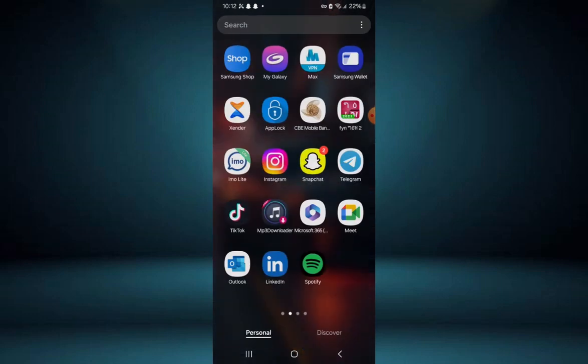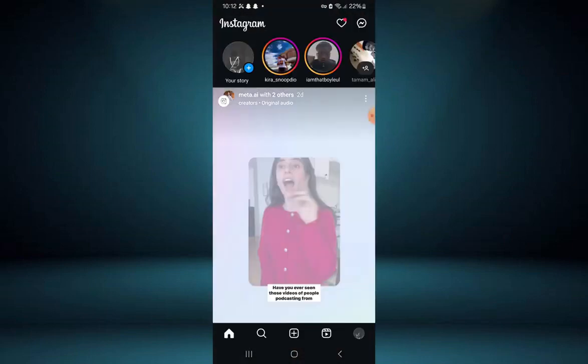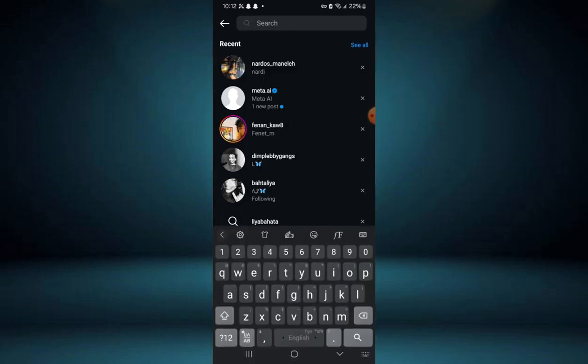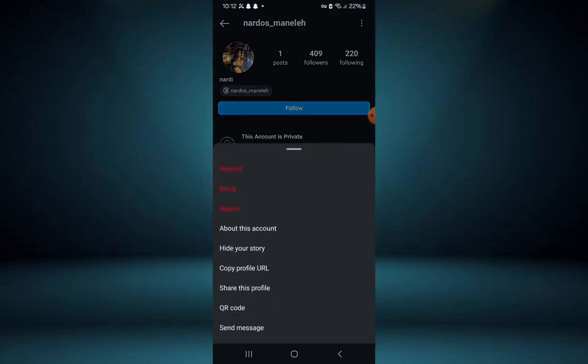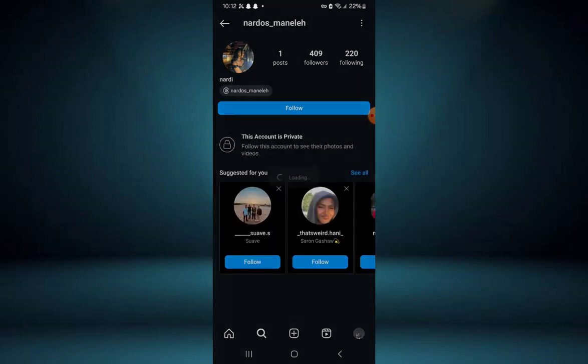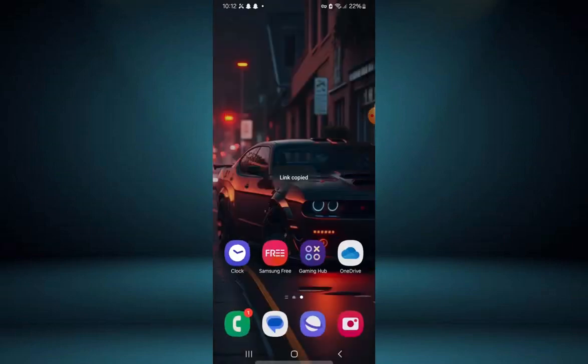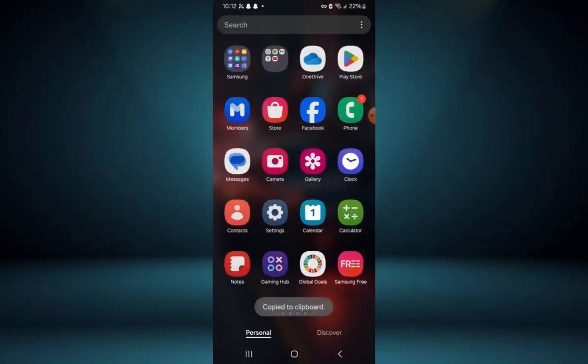And now we're going into the Instagram application and go to your targeted account. Now there are two ways to view a private Instagram account. The first one is to go to the three dots on the right corner, copy the profile URL, and go back to the browser